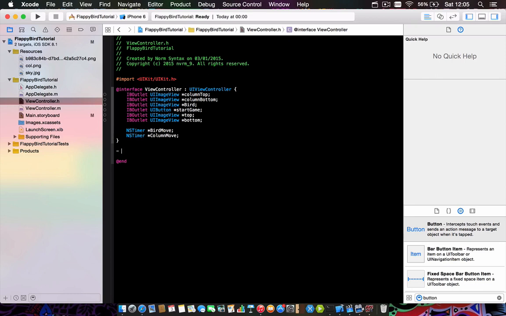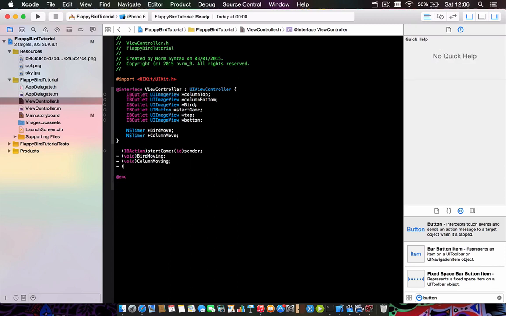After doing that, we'll need to set some actions. So let's say IBAction startGame, and we'll need to set our voids. So void birdMoving, another void columnMoving,